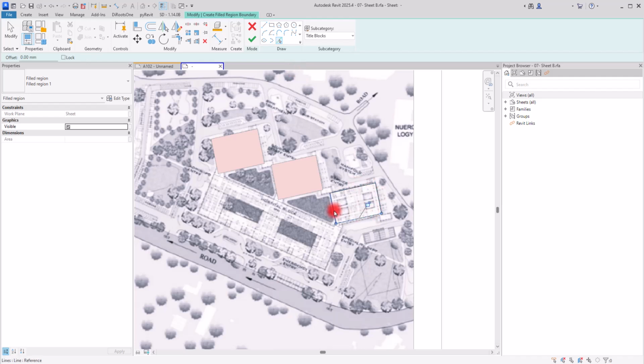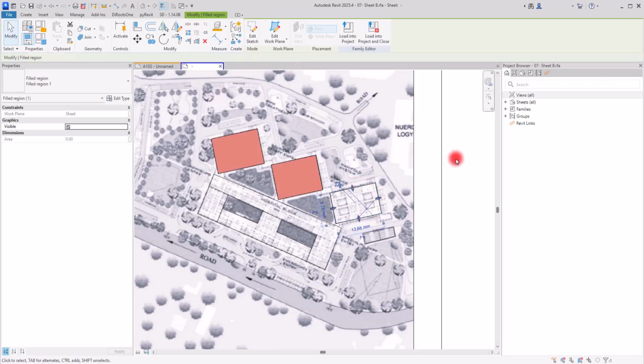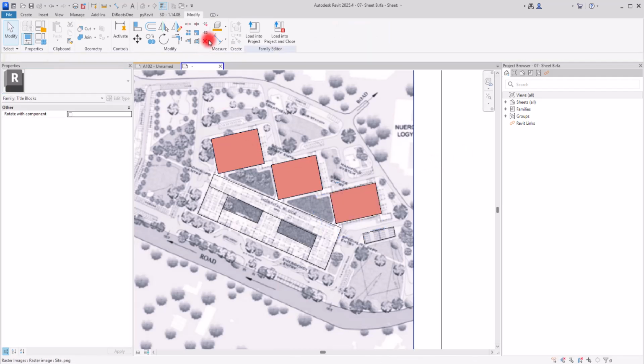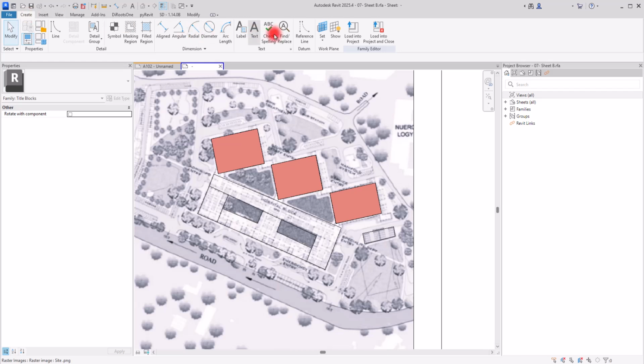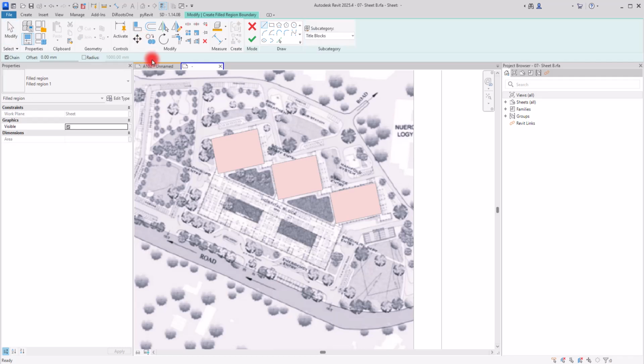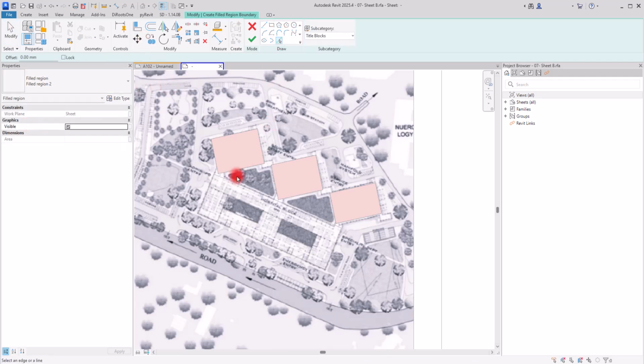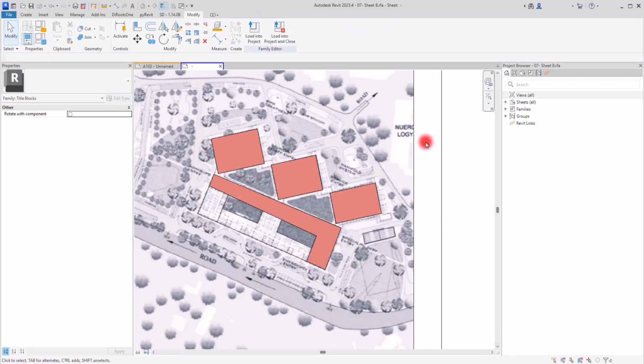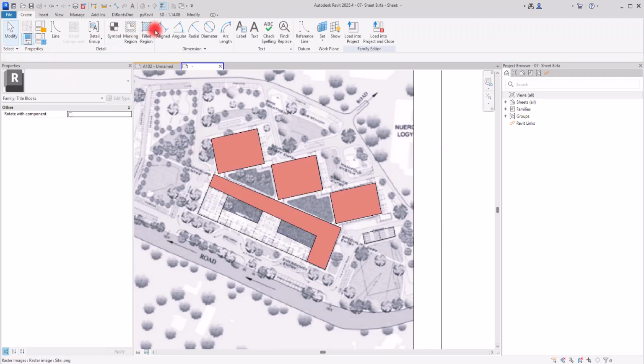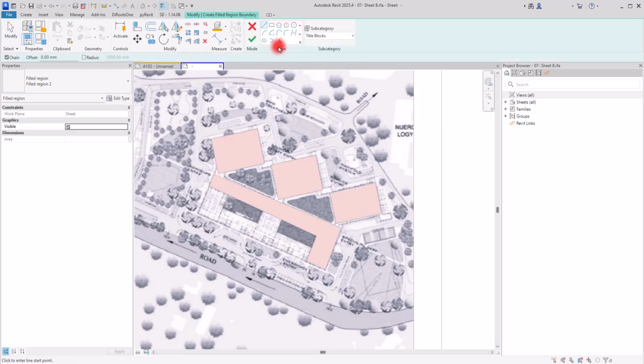Make sure you create them separately, not all together, because that way you might not be able to control each section. Again, I'm going to go with filled region, with the filled region number 2, with this pick line. I'm going to click on these parts like this, hit finish, then again create filled region, pick line